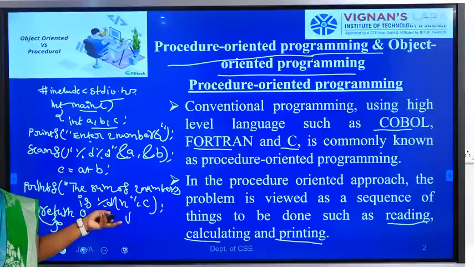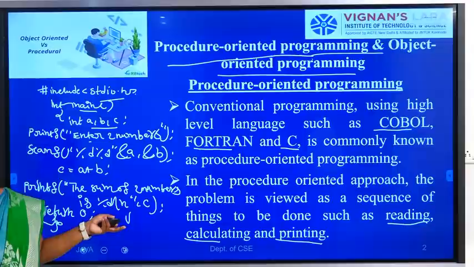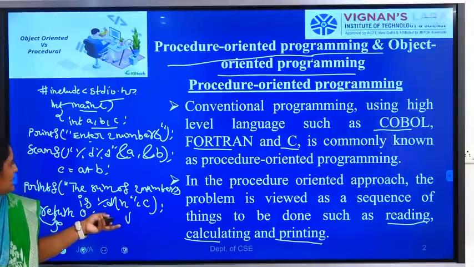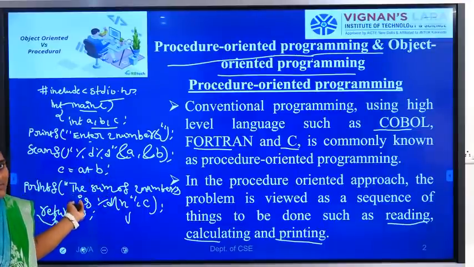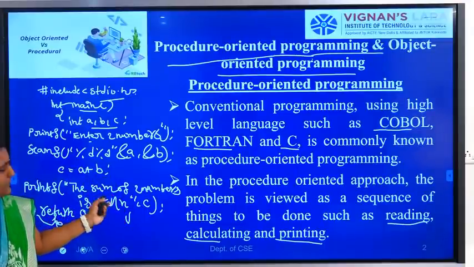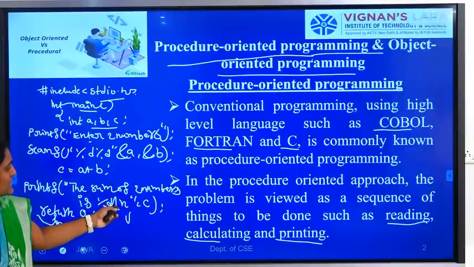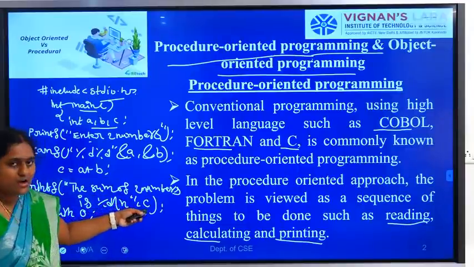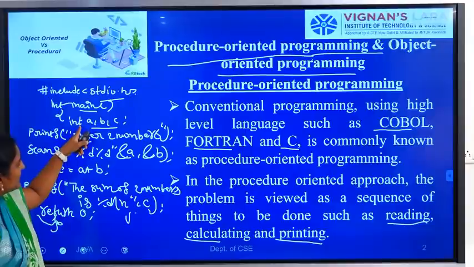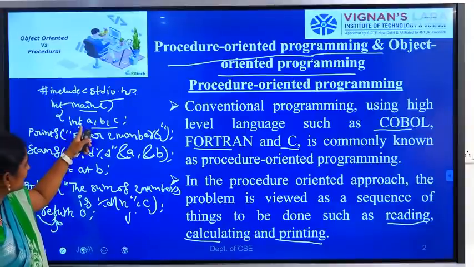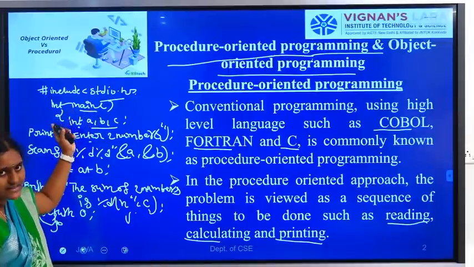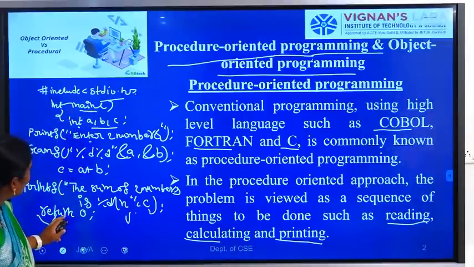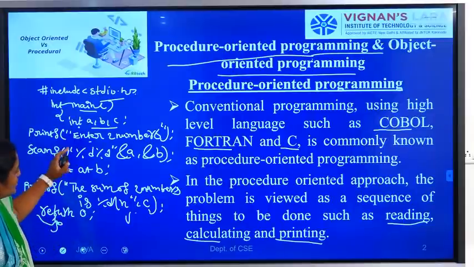So what is our aim? Write a C program to add two numbers. Finally we display the sum. c equal to a plus b is the calculation. Next, we display the result with the printf function, printf "The sum of two numbers is %d\n", comma c. Here I am declaring these three variables as integer data type. Main is a function that returns the integer data type, that's why I am including return 0 in the last statement. So we close all the braces.